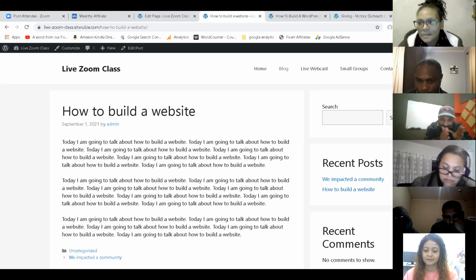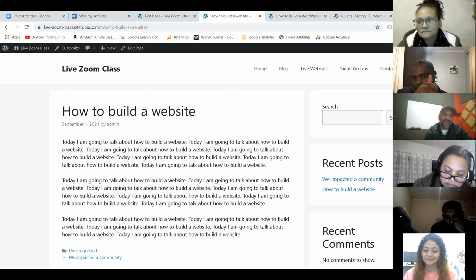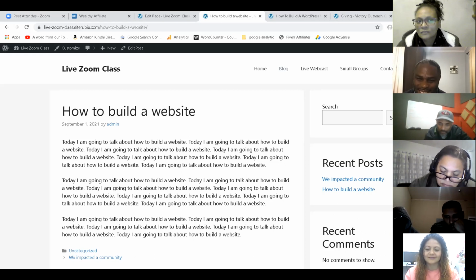Awesome. But you're right, if you start creating it here and you want to transfer it somewhere else, it's going to be a little difficult because they don't allow you to use the plugin to transfer it. That's how it works. They're trying to upsell you, so they give you something free, but they put a little limit on it.